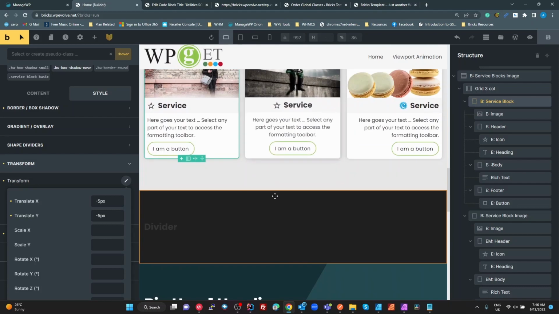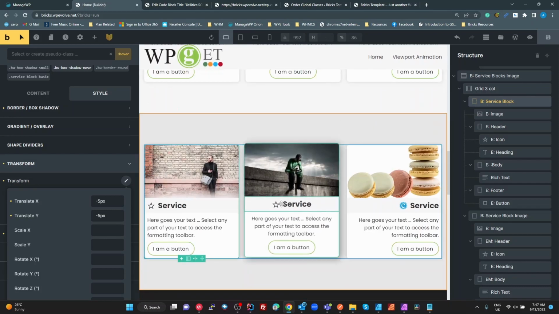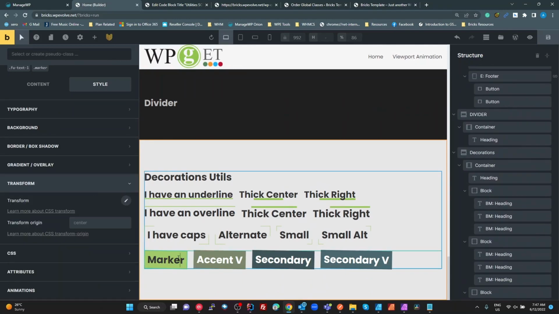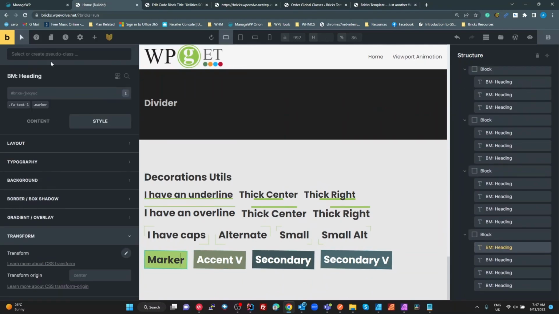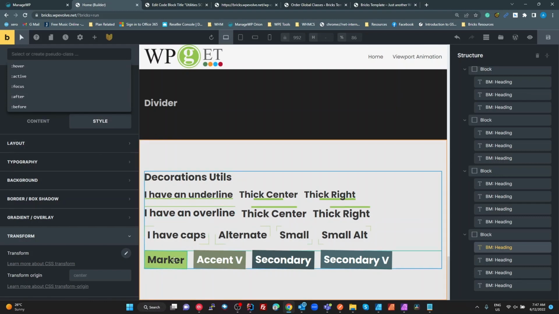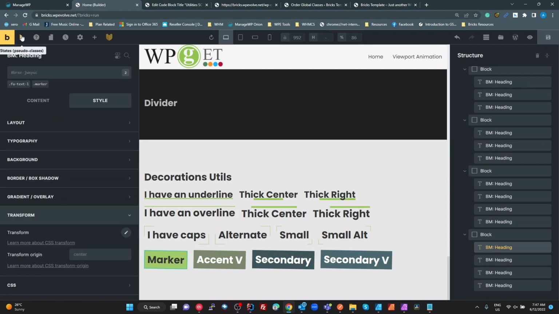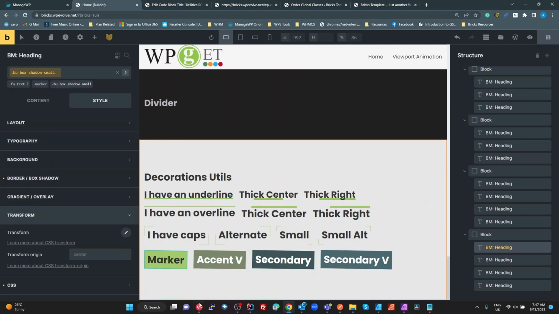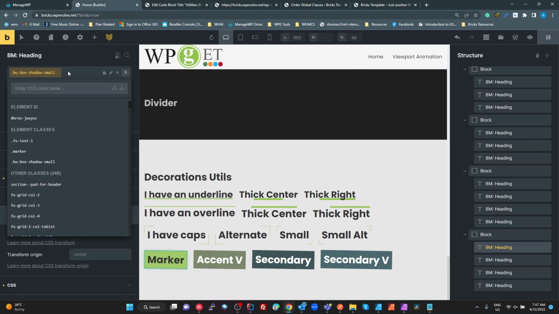So anywhere I want to use this, I can basically add an element. In fact, let's say we'll pick one of these here. So I've got this marker here. If I want to add that to a box shadow, then I'll add my box shadow. Oops, not in my pseudo selector, in my styles. Here's my box shadow small. Okay, now I've got a small box shadow in there. You can hardly notice it on the screen. Now if I add my box shadow move,